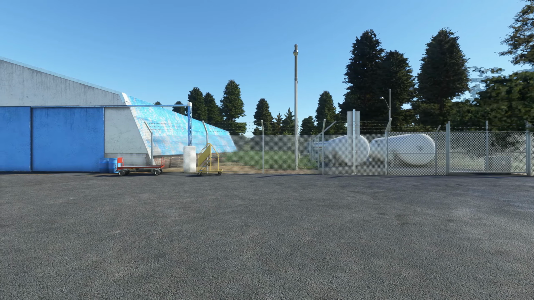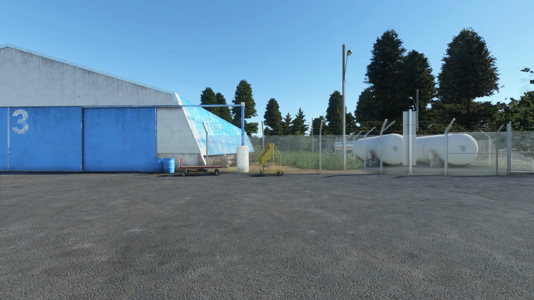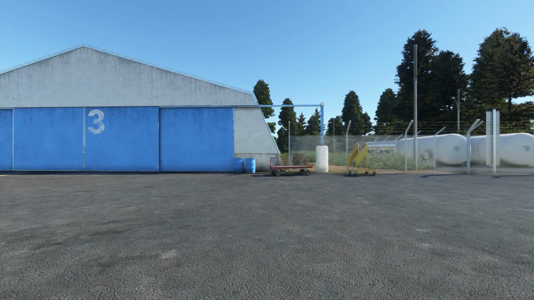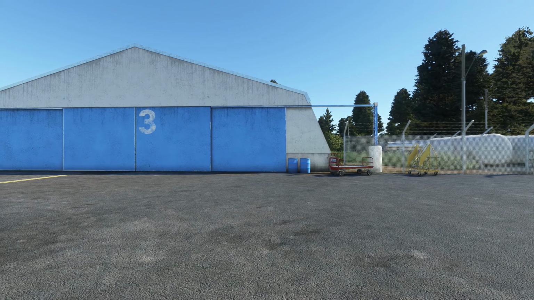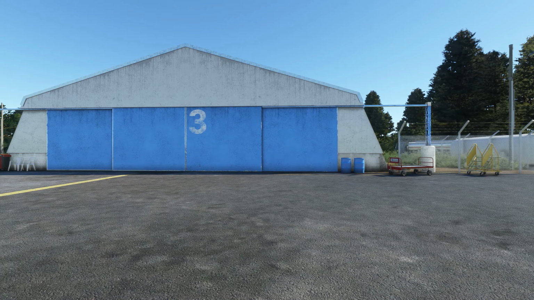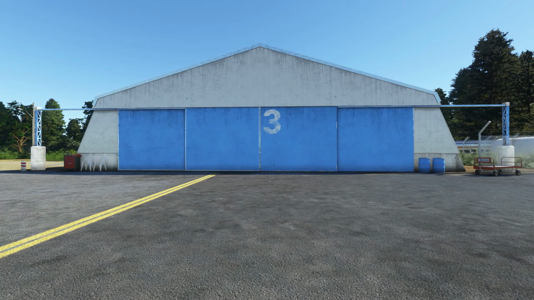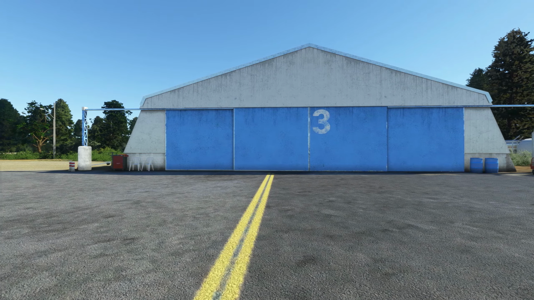Running along the side of the apron, we have hangar 3. We have the enclosed fenced off fuel tank station. We've got a baggage trolley and a small set of yellow stairs. I'd love to point out once again the texture and level of detail on the front of this hangar. As I mentioned before, nothing repeated. The texturing goes along the edges of the roof. It looks like rain has come down and stained the paintwork and the concrete, and it does really add some